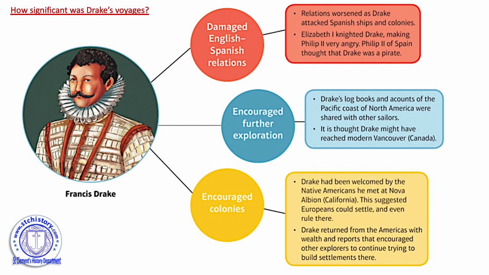We've got some nice, I suppose for want of a better term, friendly American tribes. We've settled at Nova Albion in modern day California. This suggests that it's possible to set up colonies over there and even rule there in Elizabeth's name, that flag in the ground. And then Drake returns from the Americas with wealth and reports that encourage other explorers to continue to build settlements there, in the idea that there's so much wealth, silver, gold, and other really, really valuable things